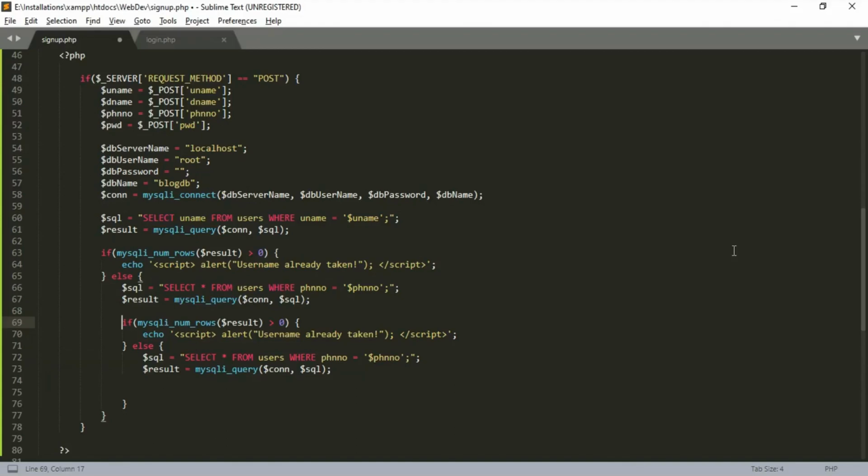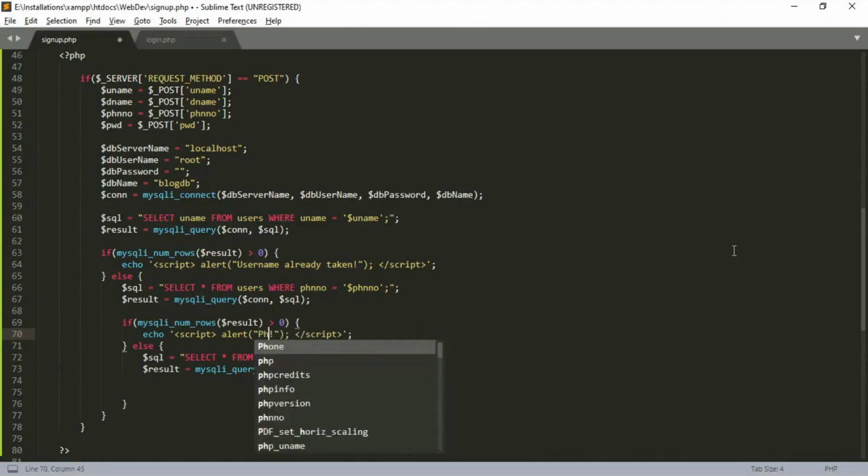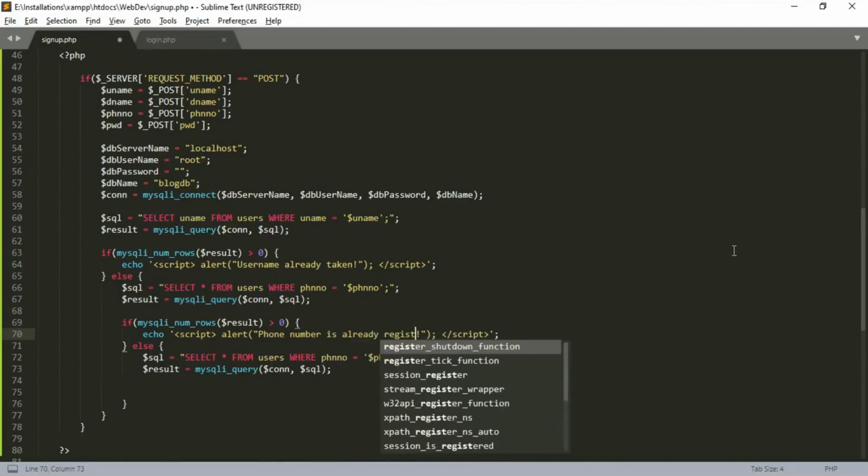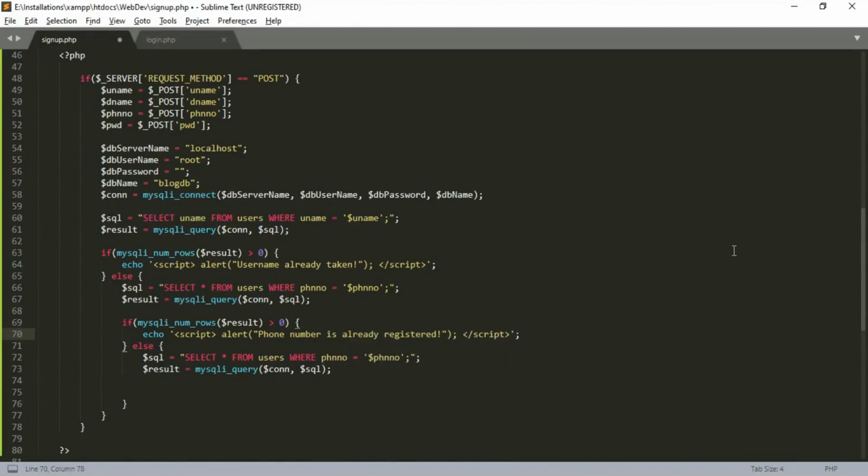Same, if number is greater than 0, then echo alert phone number is already registered.